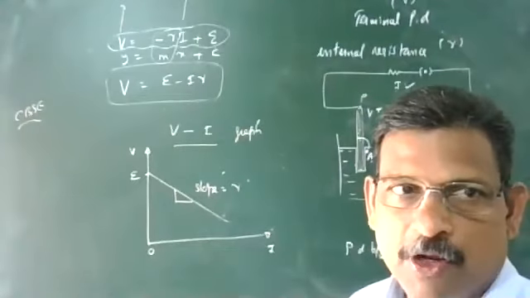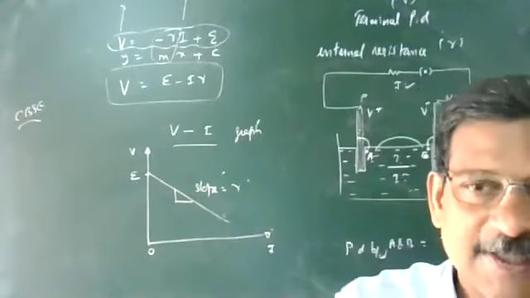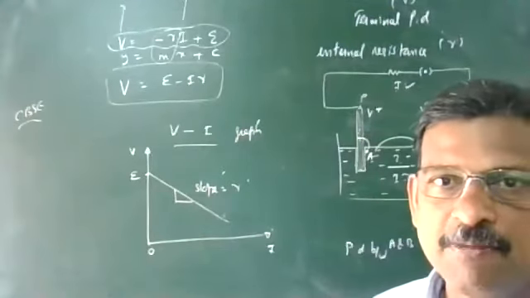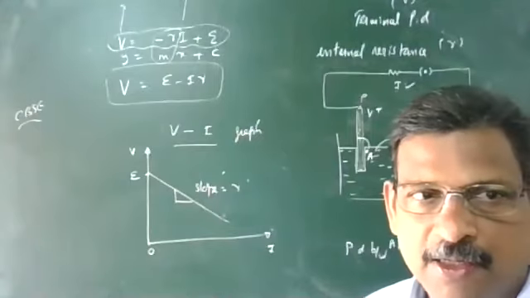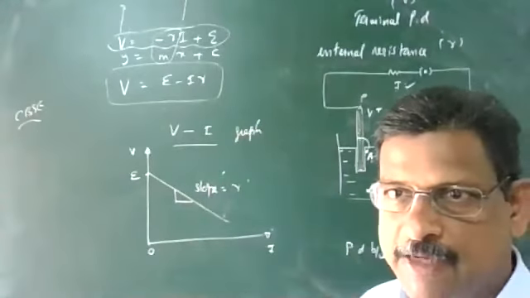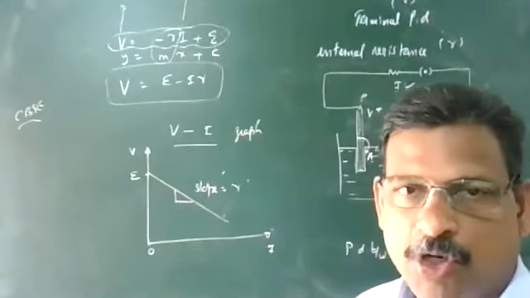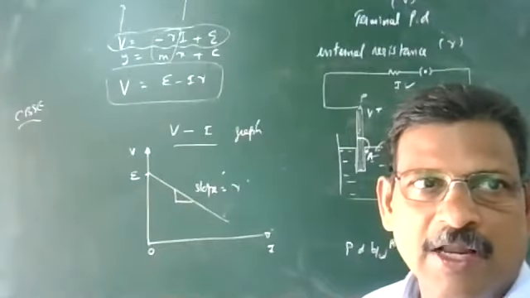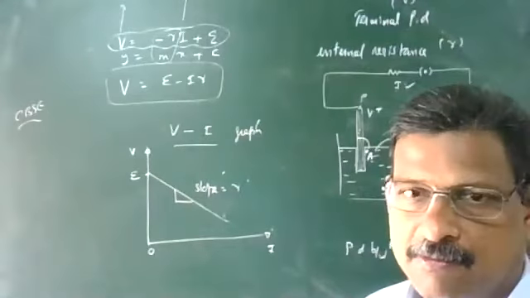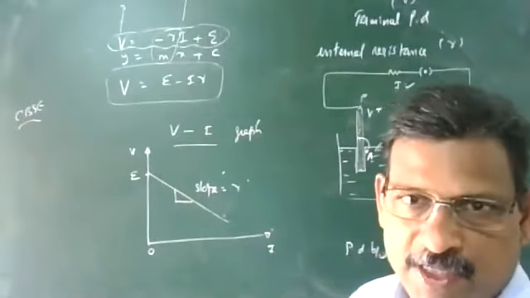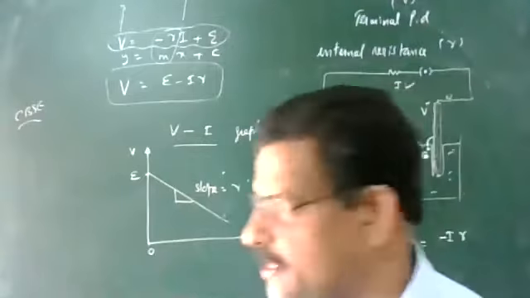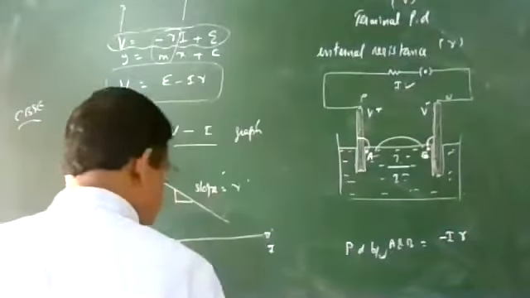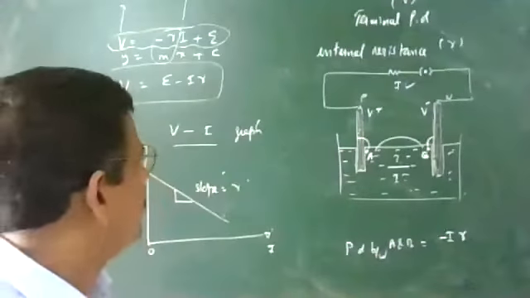Okay, next we are going to find out the equation for internal resistance in the circuit. Terminal potential difference can be measured by a voltmeter and EMF will be measured by a potentiometer, because a potentiometer will never take current from the cell. So it will not draw any current from the cell. Only in that condition can we measure the EMF. Okay, next is the expression for internal resistance. Very important one.